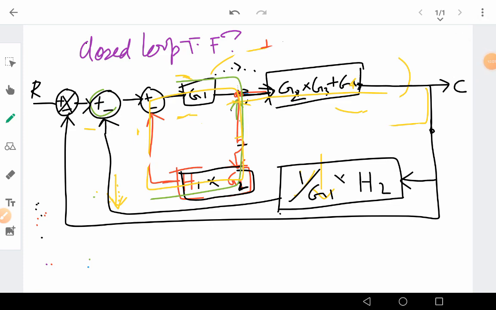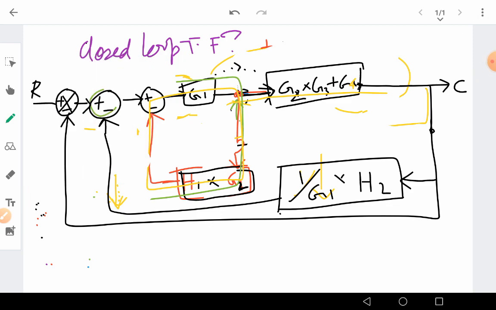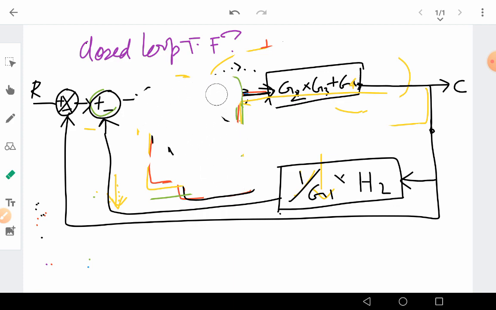Okay, so I'm going to simplify it. What will happen, the net gain, what will I get here? It is g1 in the forward, so definitely numerator g1 will come, and 1 plus, because this is minus in the connection loop, you can see this is minus, so 1 plus g1 g2 h1, right? So this is going to be the net transfer function after simplifying this whole thing. I'm just going to simplify.